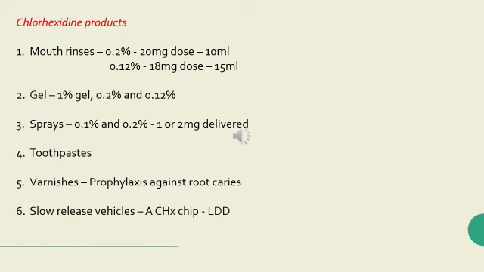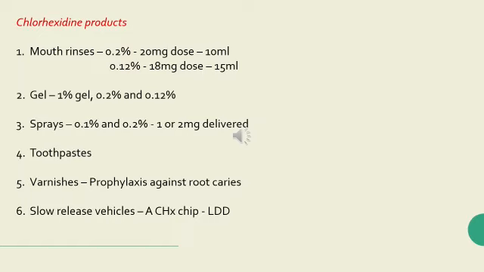The other concentration which is available is 0.12%, which of course is available only with Colgate, Chlorhexidine in India, and it is required in an 18 milligram dose, and we prescribe it 15 ml per rinse. So the most common one we use is the 0.2% with a 20 milligram dose and 10 ml of the mouthwash,